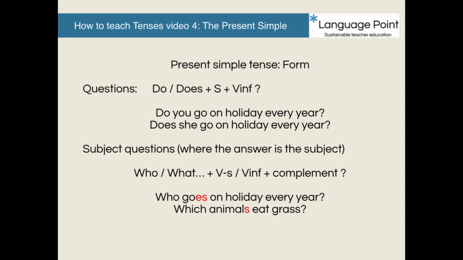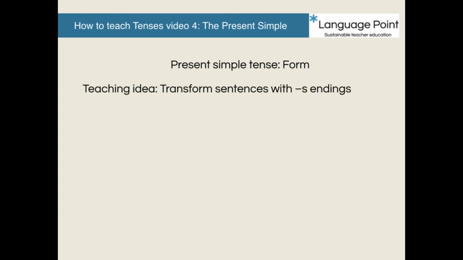So when we're thinking about present simple sentences, and again putting that S in there, we can think about how to get the students applying the S ending to either the verb or the noun. As long as they know which is which, then their sentences will be accurate. So a good teaching idea for this is to use a transformation exercise. So a procedure for a class using this kind of sentence transformation exercise would be, firstly, you highlight the rule,